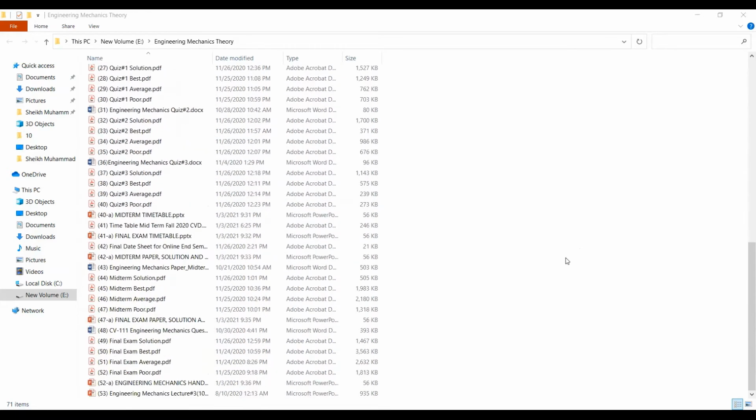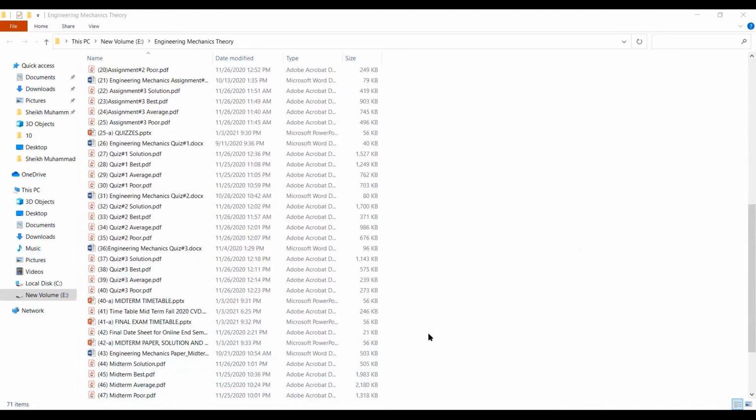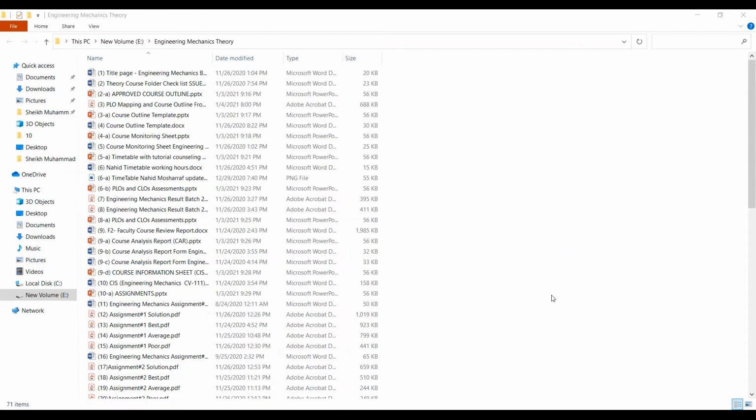You can see the numbering goes up to around 153, but actually there are 71 files in this folder. What I have to do over here is select all the files, but keep in mind that you must have Nitro installed in your system. Otherwise, you will not be able to do that. Obviously, you know it. First of all, press Control A on the keyboard and all your files will get selected.